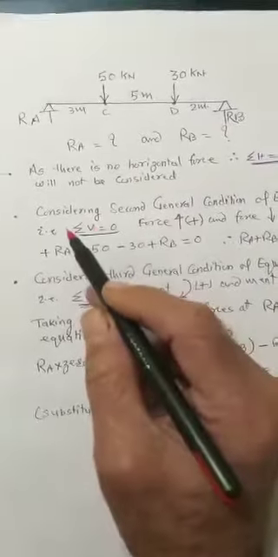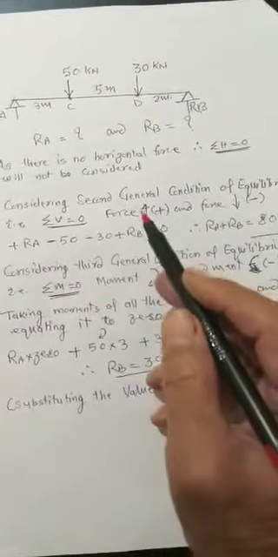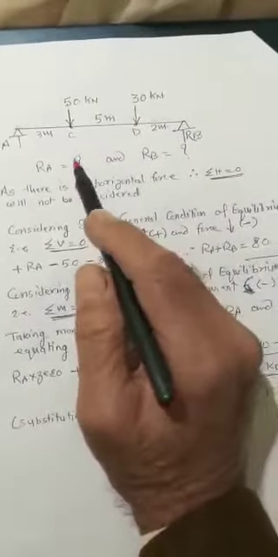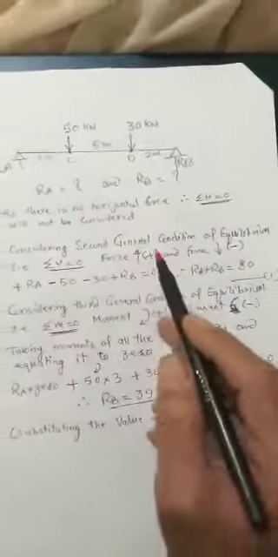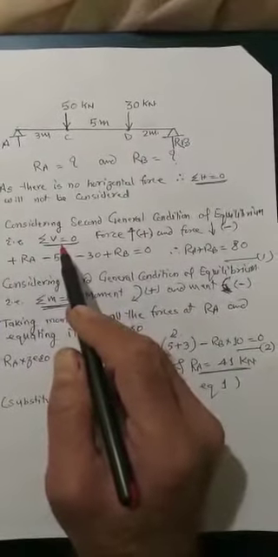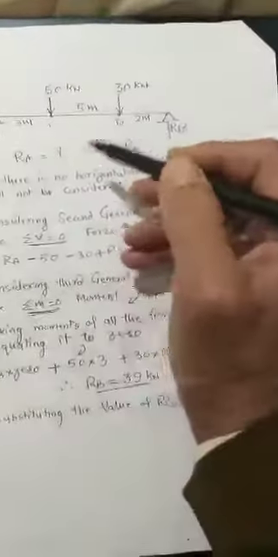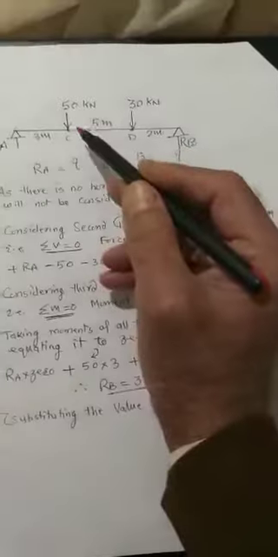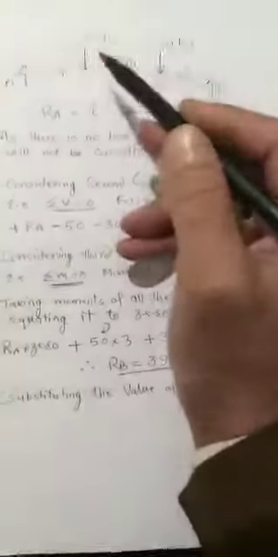Let us go for the second condition. Are the vertical forces acting upward and downward? Yes. So we can apply the second condition, that is, the algebraic sum of all the vertical components must be equal to 0, that is sigma V is equal to 0. As we saw in our first lecture, forces acting upward are taken as positive, forces acting downward are taken as negative. So we can calculate accordingly, making sigma V equal to 0.